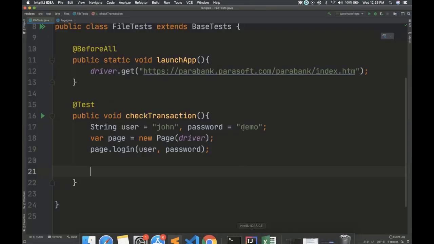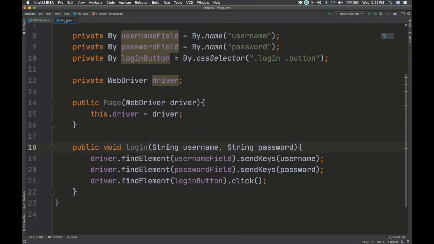All right. Okay, so I'm going to put this in the page. We'll make a generic method, I think. Click menu link. And then they can tell us what menu link they want.